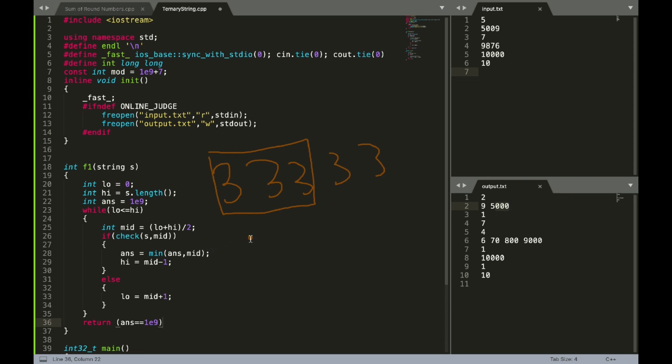So I will never get into this condition, and my answer will remain the highest. So this is a condition: return 0, else answer. I'm using ternary operators.